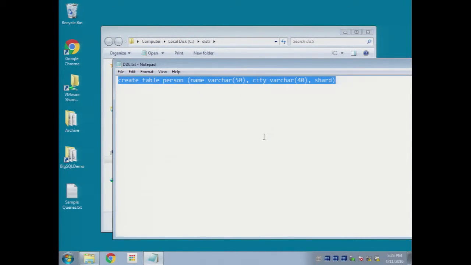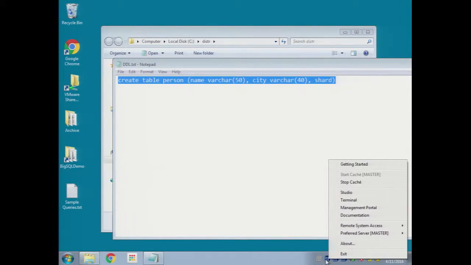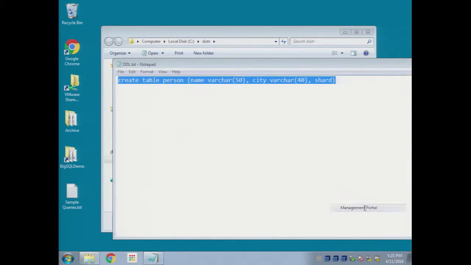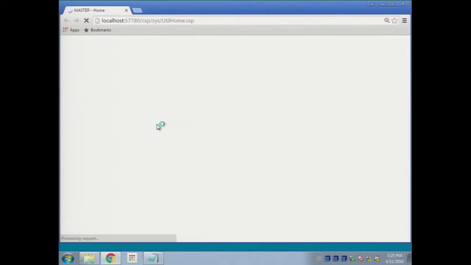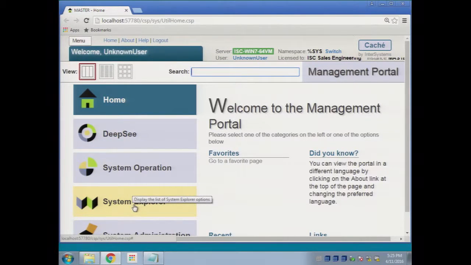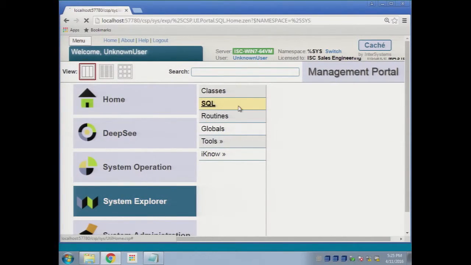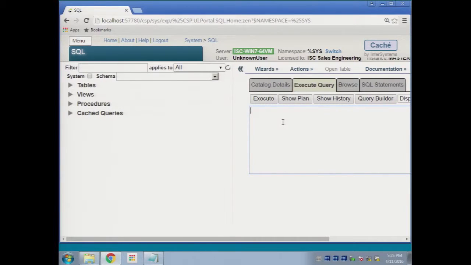Mirroring. Let's say you have a master and 3 shards, and one of the shards dies in the middle of your processing. Does it render the entire configuration unusable, or does the other work just with the other 2 shards? Yeah, if your mirroring configuration is up and running, what would happen is the mirror for that particular shard would kick in within a few seconds, and all the processing would continue. You might get an error for that particular operation, but the whole system would